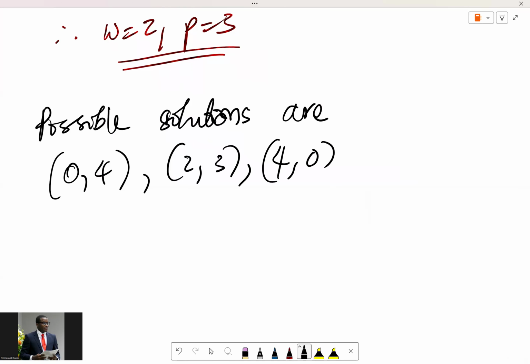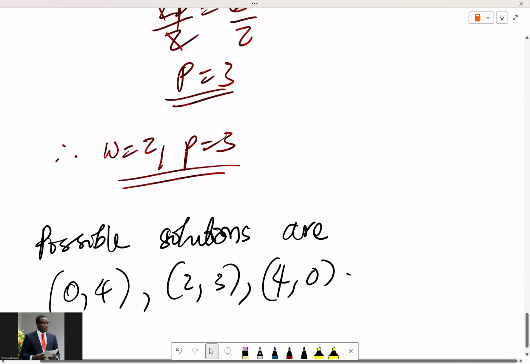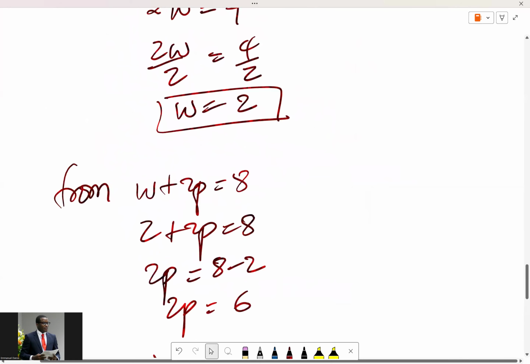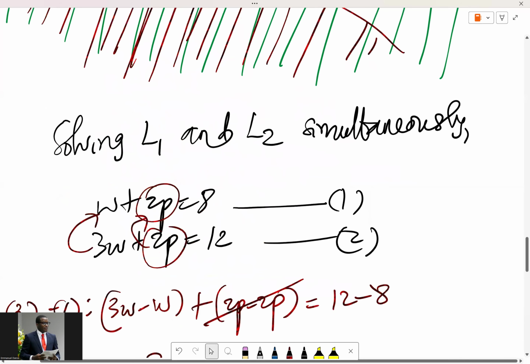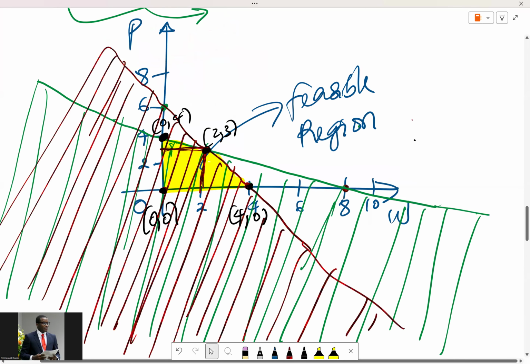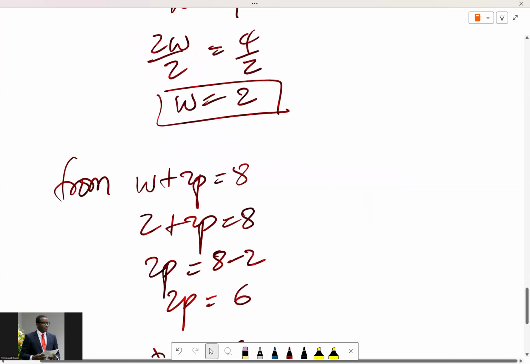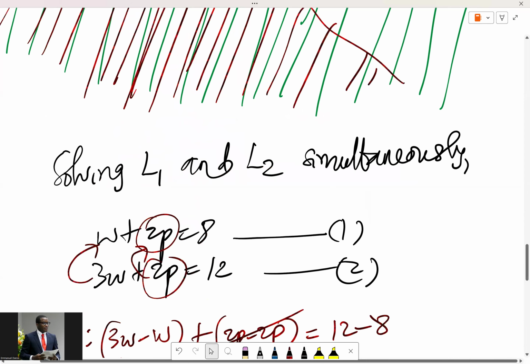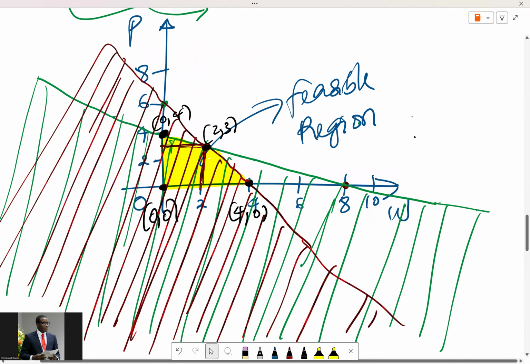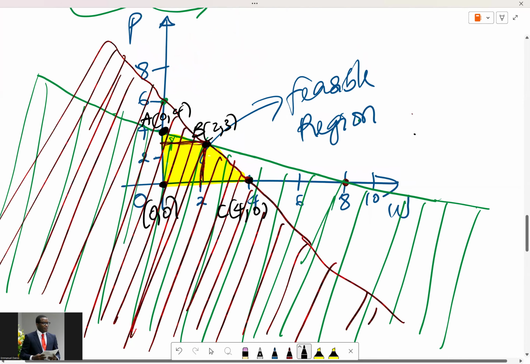So how do you know which is which? So these are possible solutions now. So how do you know which is which? So you go to Z. Let's say this is point, how did I write that? 0, 4, 2, 3, 4, 0. Okay. So let's say this is point A, this is point B, and this is point C. Okay. Then